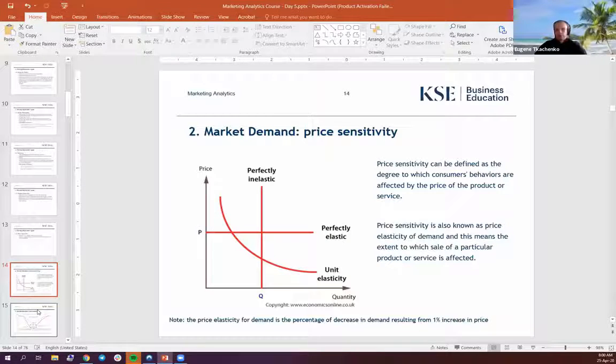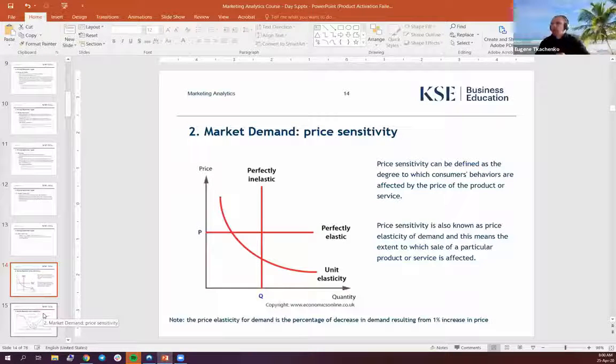But sometimes what we are forgetting to include in market demand estimation is pricing or price sensitivity as well as elasticity. So when we're talking about price sensitivity, we are talking about something basic as